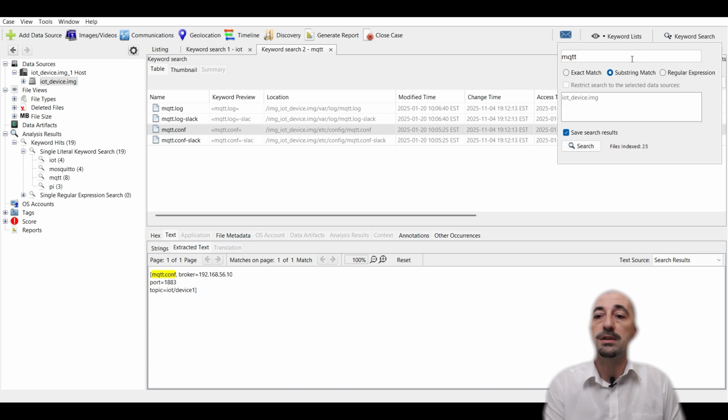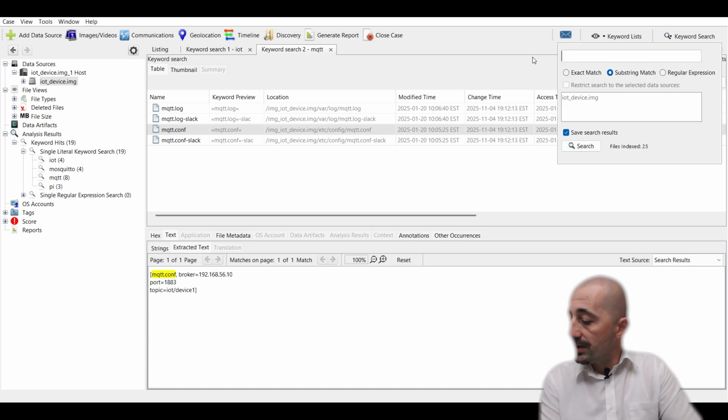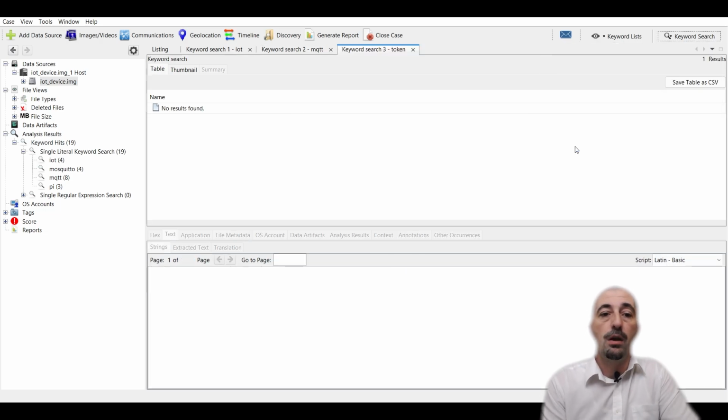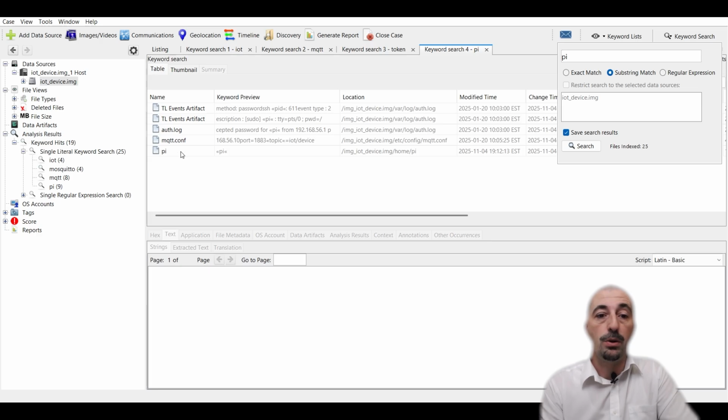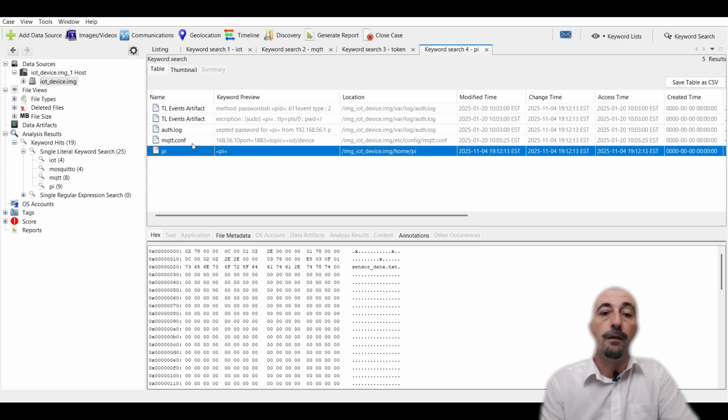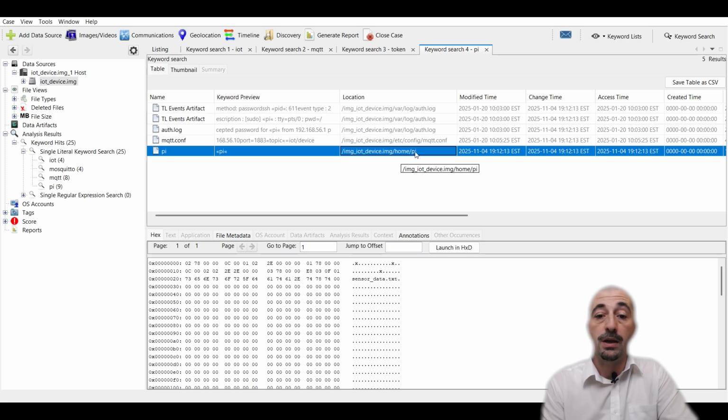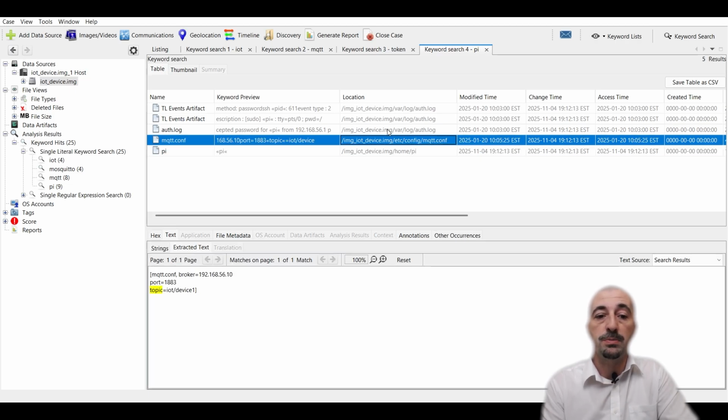And what else keywords can we use? We can use, for example, token, if we are after tokens. There is not so much on token. PI, that was something that we saw. PI would be a file sitting at this location, so this would be the image file on the home path. PI would be the path that, if we want to investigate further, we might see